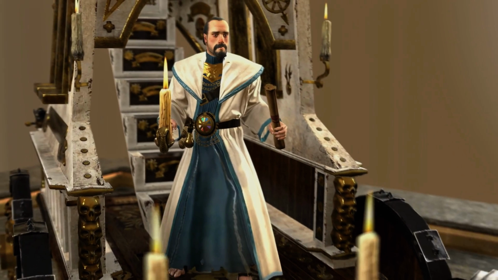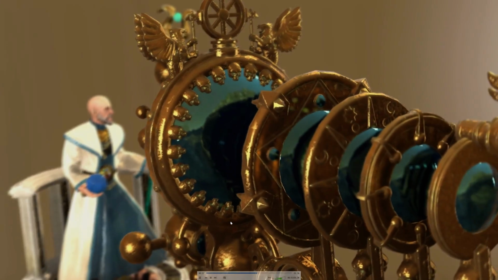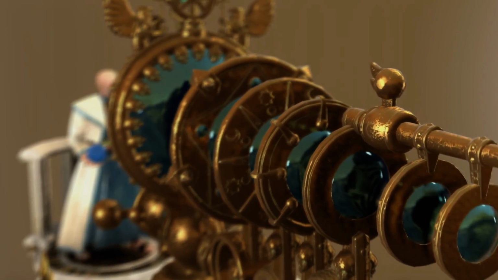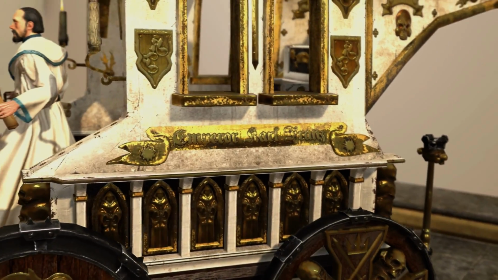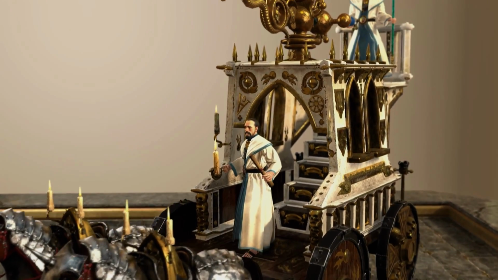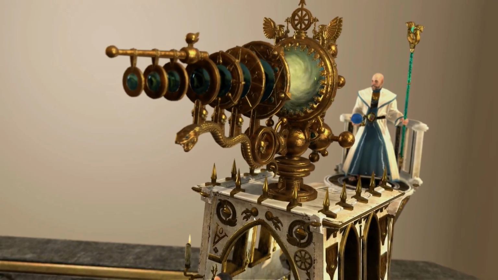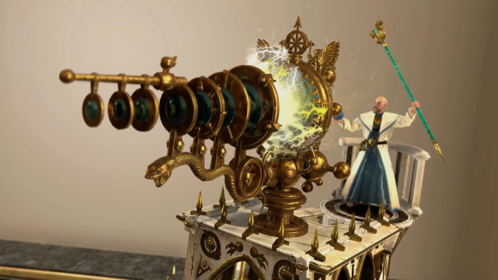Now, vanilla, the Luminark of Hysh comes with 2 acolytes. They are standard humans sitting on the Luminark, riding it into battle. One of those acolytes can be replaced by a wizard from the Lore of Light. So a wizard from the Lore of Light can mount this Luminark of Hysh and use it to great effect